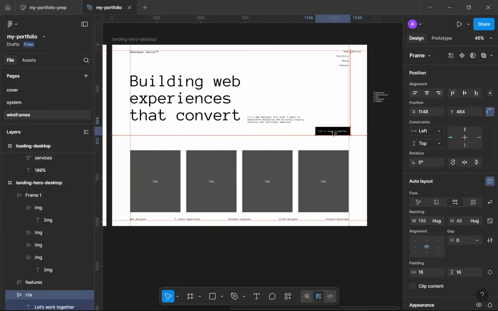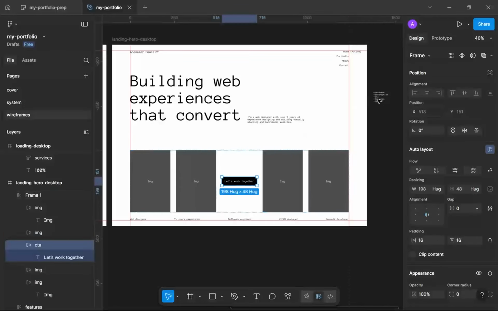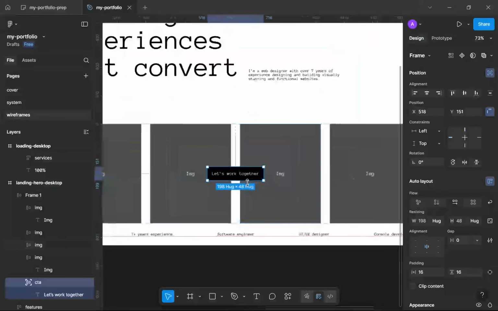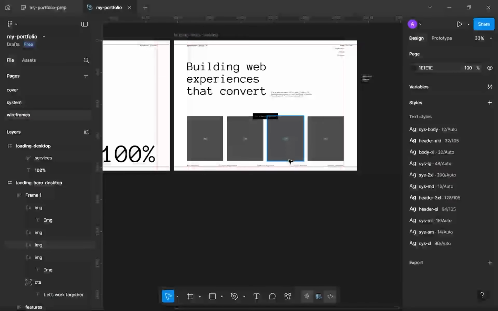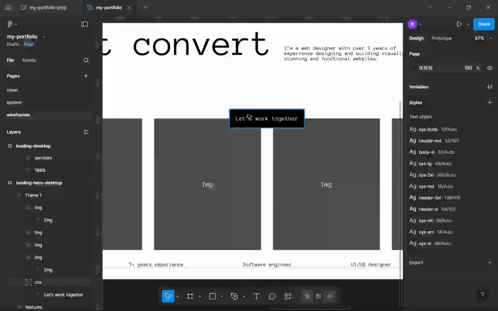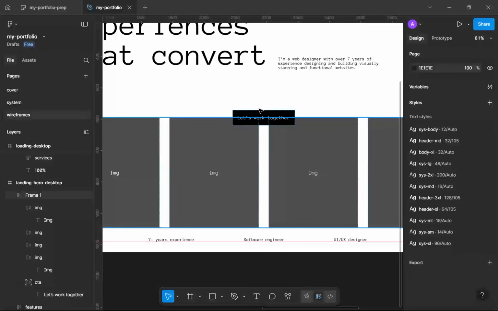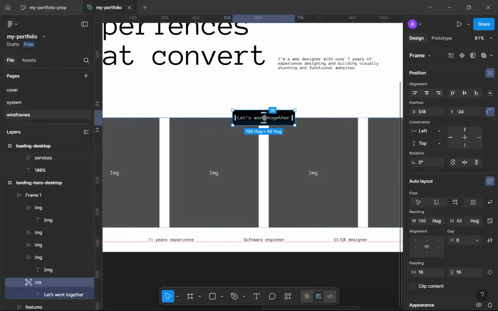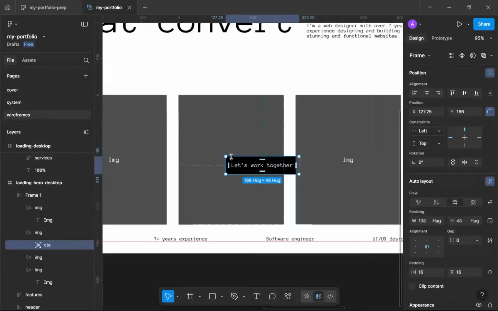Okay. Now, where am I going to position this call to action is the question. I'm thinking to position it, let's just put it here and just position it somewhere like this. Okay, or a better way would be if we can just replace this